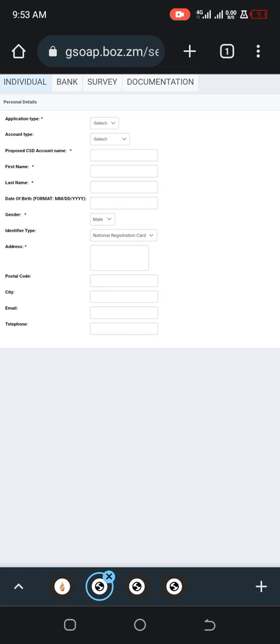So once you do that, then you can go to the documentation. Documentation, all they're looking for is your NRC as well as your photo. So you just take a photo of your NRC with your phone, take a photo of your face, and they need your signature. If you are doing a joint account for both signatories, they need both signatures to be on